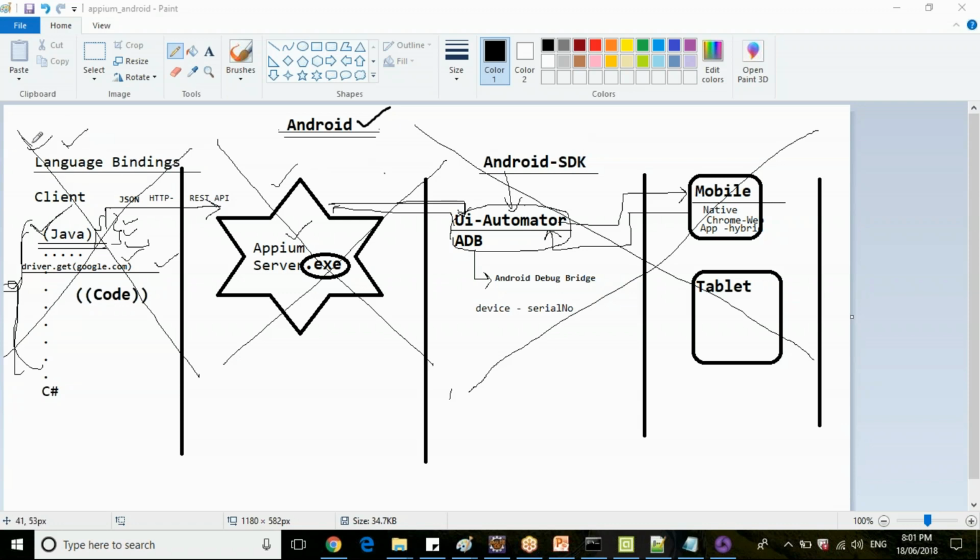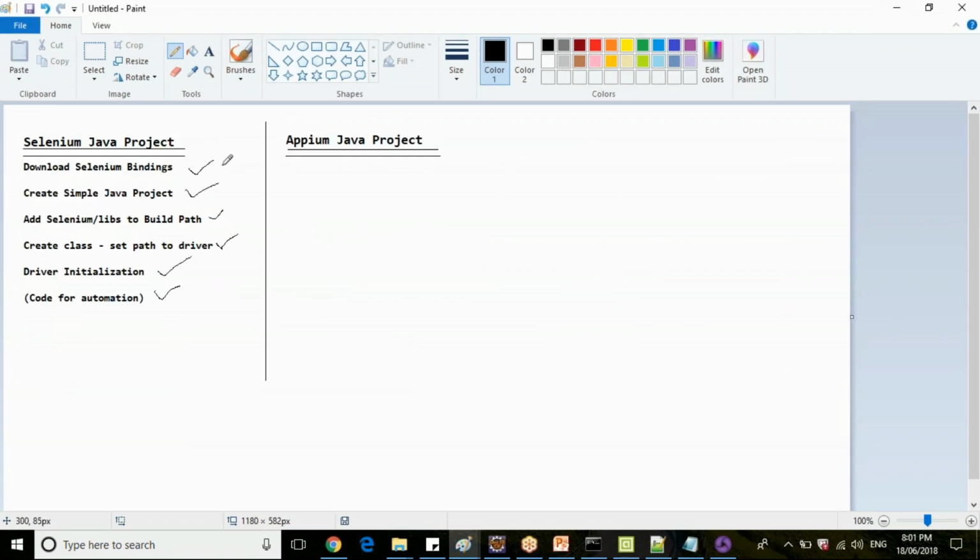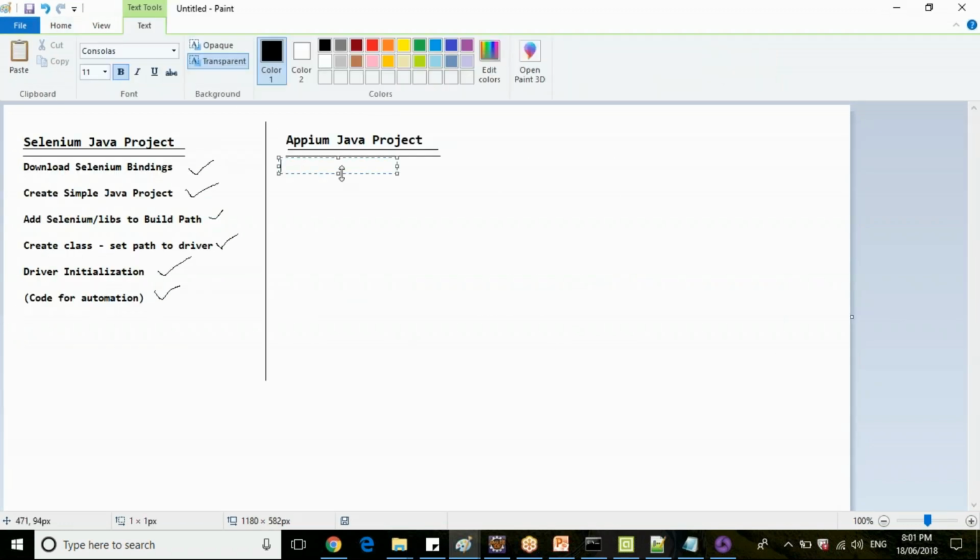Now you need to copy the language bindings as jar files. For APM, download Java client libs and Selenium libraries also. As I told, APM is a wrapper on top of Selenium. You need to have Selenium libraries also to work with your APM.